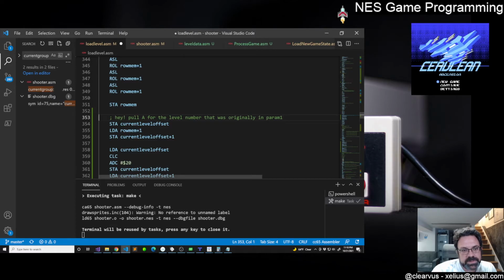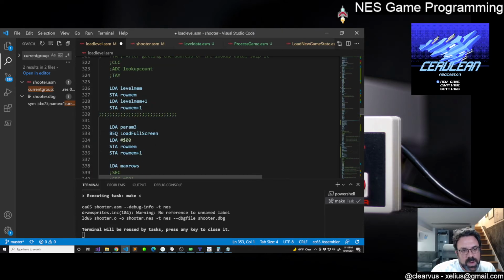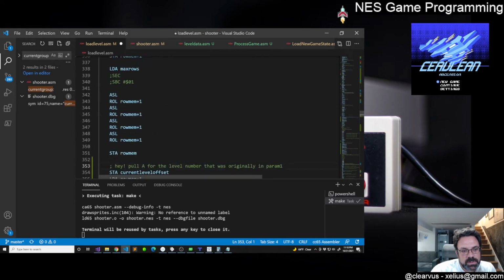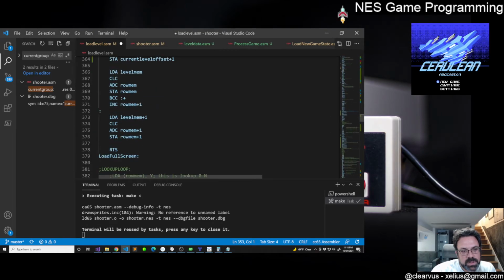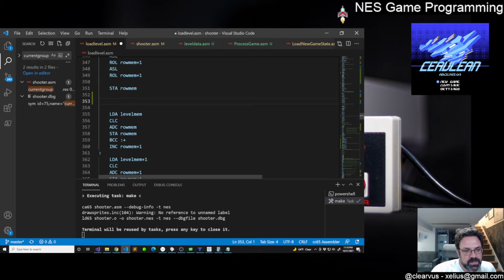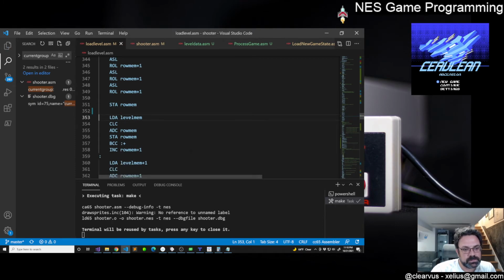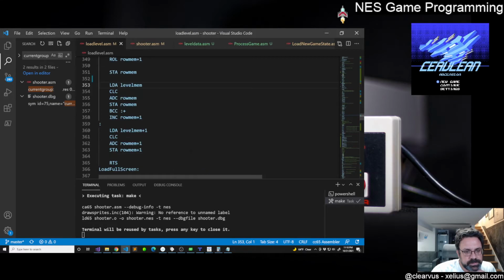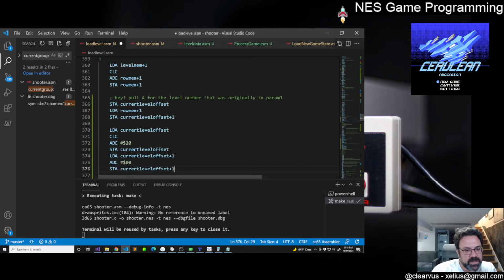Okay, so what is this doing? This is getting us to the row. This isn't even right. This is the same problem as before, where we are kind of in a weird spot. We were in the middle of the calculation that was being done. So now,